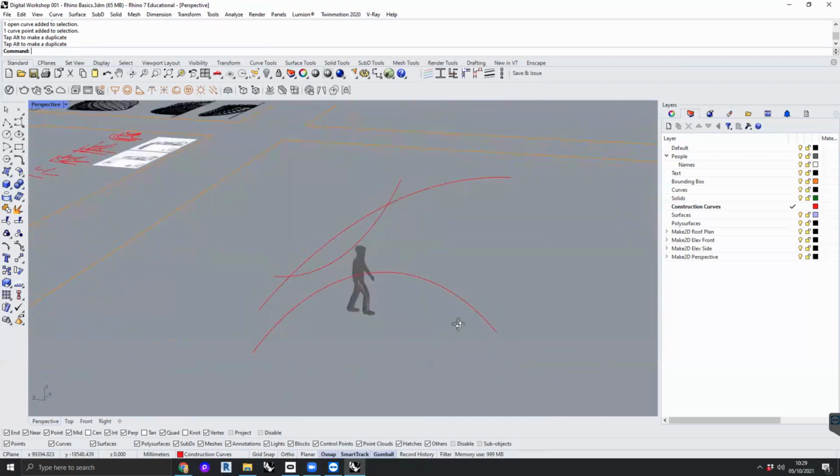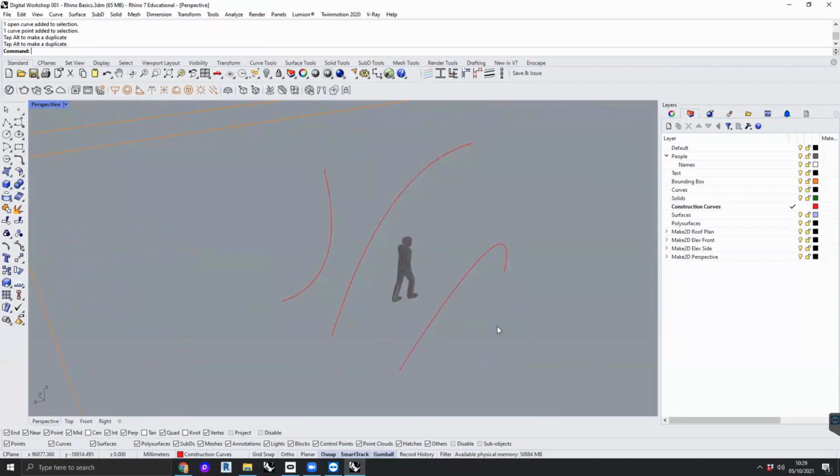Okay. I mean, it's not perfect, but you know, it's a good start. So now I've got curves that started on the ground and then they have height now. They've got 3D. And I'm going to do 2 things. I'm going to change my layer to surfaces rather than construction curves because I'm going to make a surface out